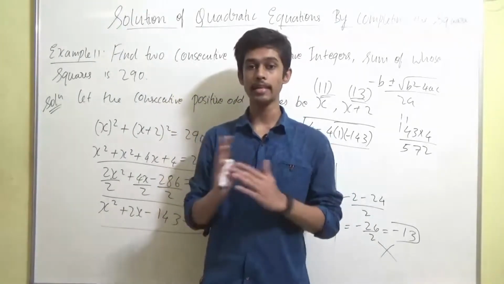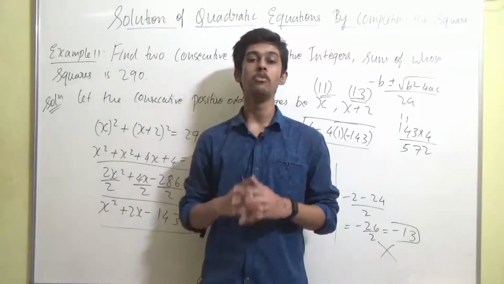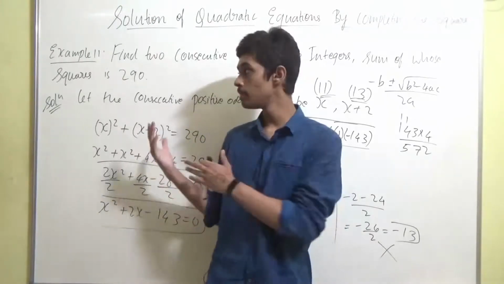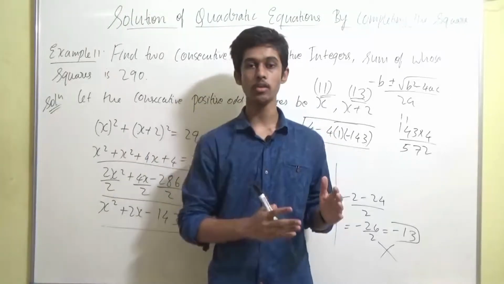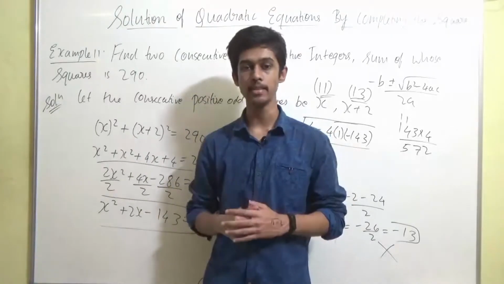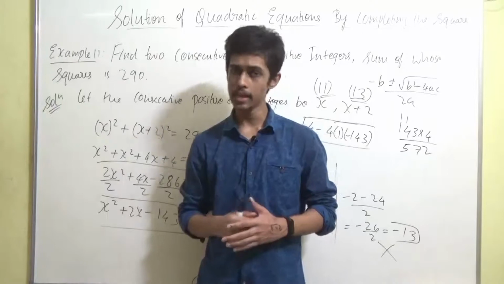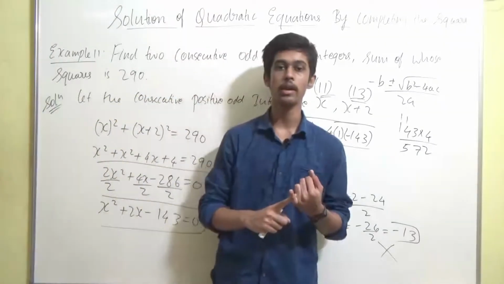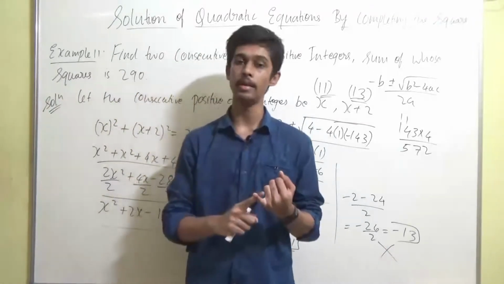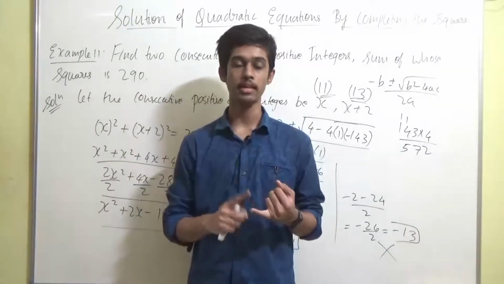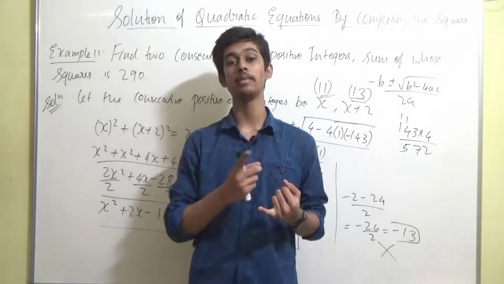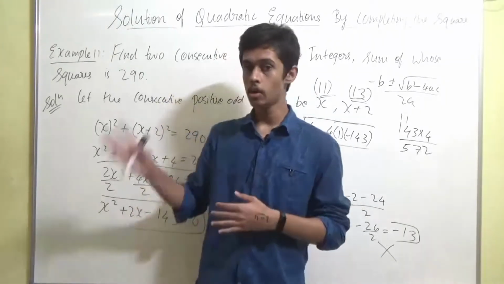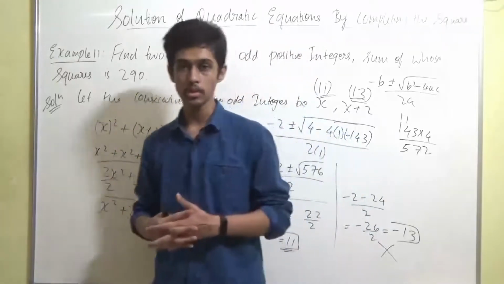In the next lecture, lecture number 6, we'll start Exercise 4.3, in which we'll be dealing with similar questions, where we have to solve based on the quadratic formula or else by the completing the square method, right? In this lecture we learned how to solve the quadratic equation and find the roots using the completing the square method. That was the second method after the factorization method, which we learned in the last lectures. After that, the third method which we learned was the quadratic formula, to find the solution using the quadratic formula.